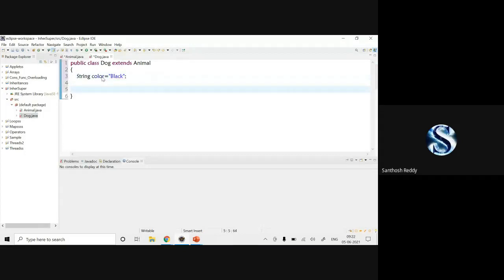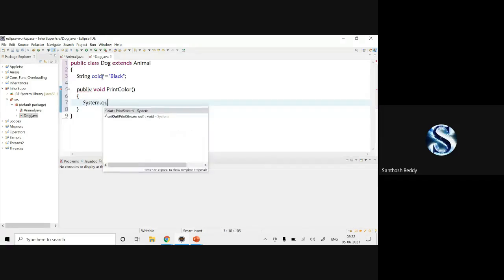In the Dog class, I'm going to write one method: public void printColor, that's it. Here I'm going to extract the variables which are present in the Dog class as well as the Animal class.